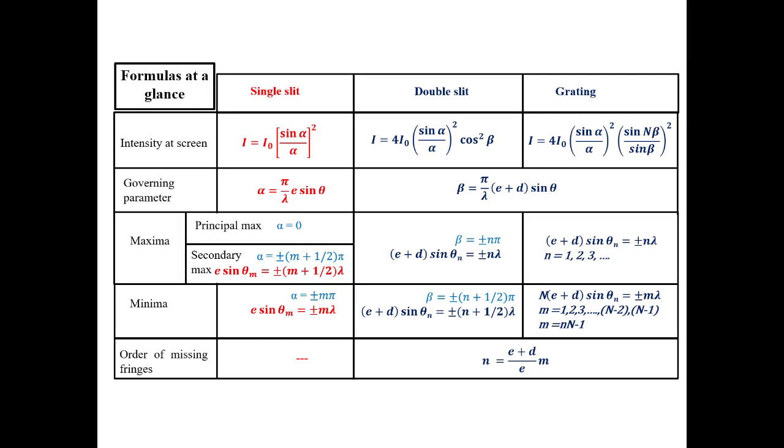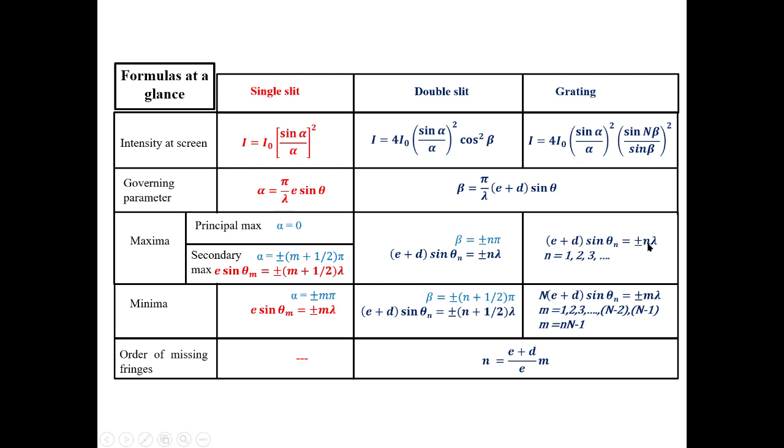Hello, as always, we'll start this lecture also with the formulas. So, intensity by single slit diffraction is this, by double slit diffraction is this, and by grating is this. There is only one difference: in double slit, the cos square beta term is included, and in grating, this term is included. The maxima in case of grating is given by this